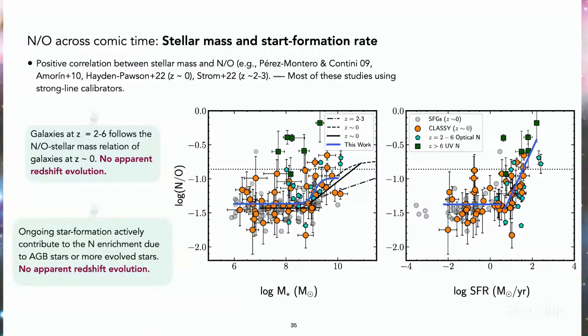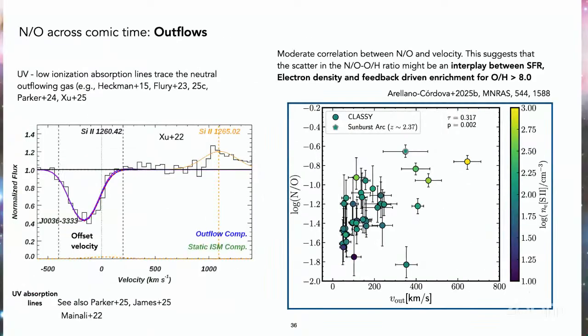Saying that, what we can conclude here is that there is no apparent redshift evolution, at least at redshift lower than 6, for these different properties. Another physical property that we compared was the outflows. Most of the outflows in the literature are from the optical, from some lines. In CLASSY, having the advantage of UV spectra, in Xu et al. 2022,